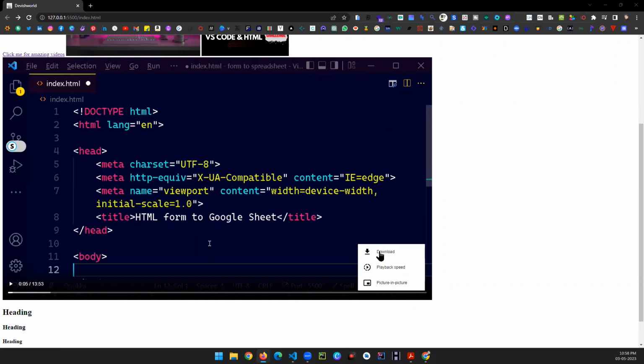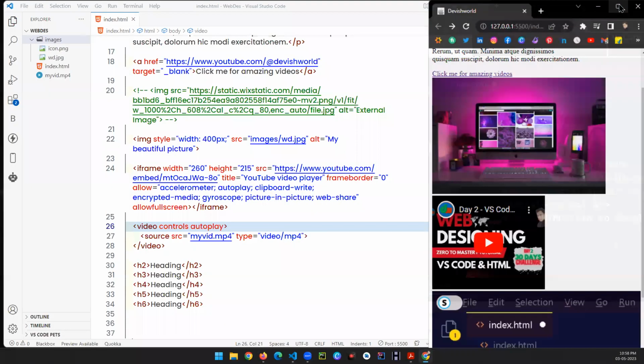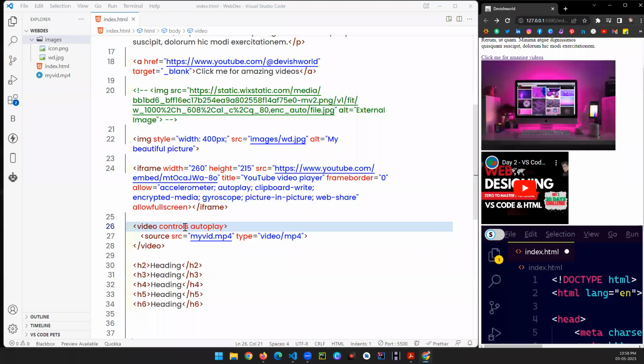Okay, so over here we have a download option. If I click on this download button, it will start downloading from my website. But I do not want to allow anybody to download that video from my website. So I can control that as well. I do not want to display this option. So what I'll be doing over here,